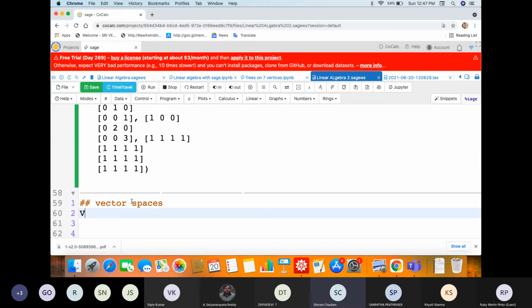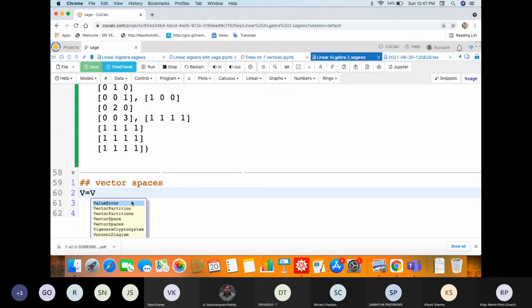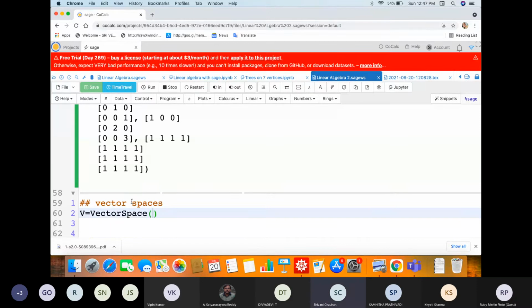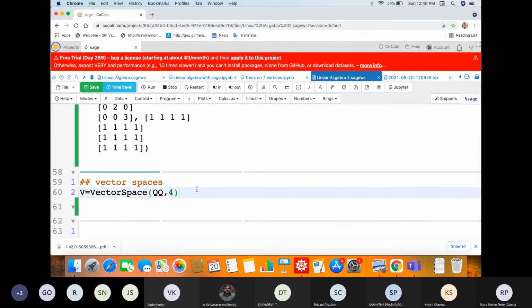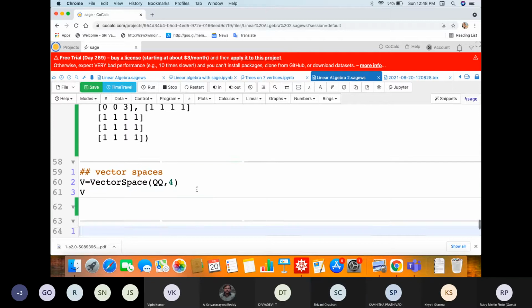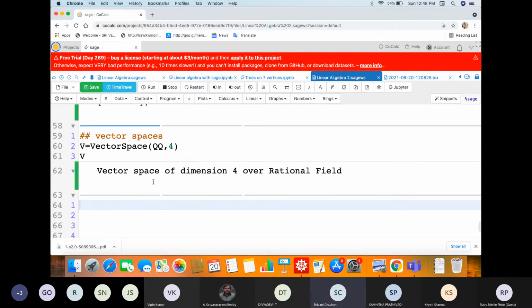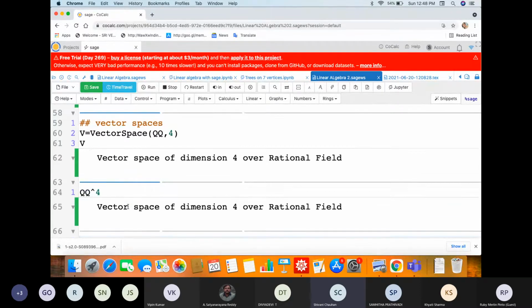Let us define V is equals to vector space over which field I want, QQ, comma 4. It is a vector space of dimension 4 over the rational field, or simply you can type QQ raised to the power 4.